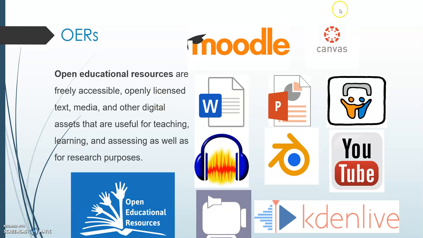Here you can see Moodle and Canvas, free LMSs; for document preparation and PowerPoint presentation, OpenOffice, OpenWriter, and OpenImpress; Audacity for audio recording and editing; Blender for animation; screencasting with CamStudio; a video editing tool; and YouTube and some other open publishing platforms. These all come under OER.